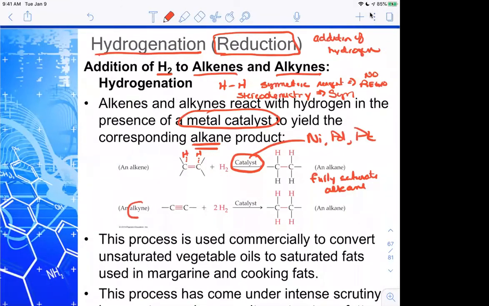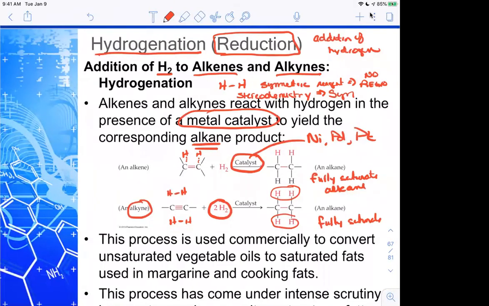Notice if I have an alkyne, to get the fully saturated alkane, I have to add 2 equivalents of hydrogen because there's 2 pi bonds that actually have to be added. So I have to add 2 molecules of hydrogen. I'm adding 4 hydrogens to that triple bond in order to get to that alkane, that fully